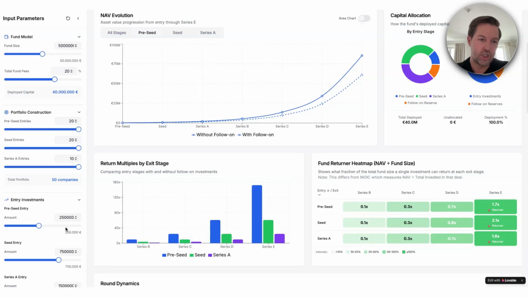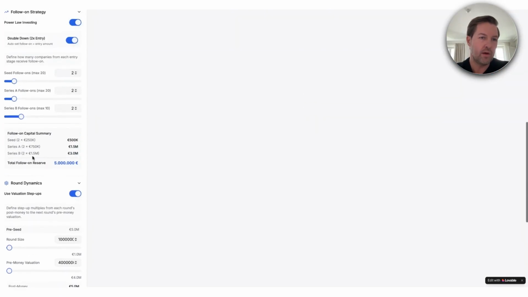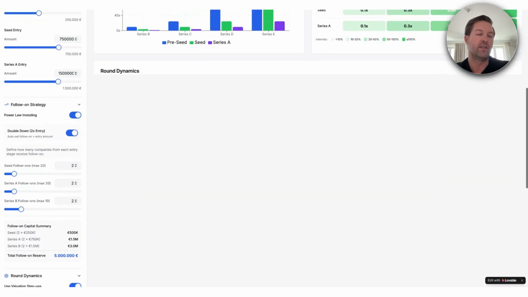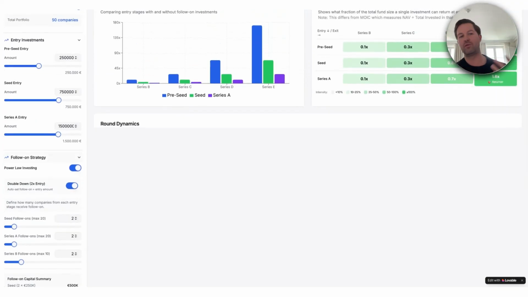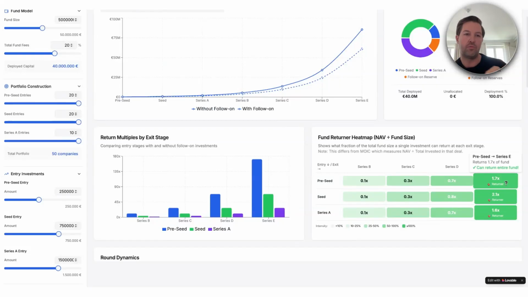Just by changing the assumption here that the step-ups between my rounds are bigger. You will see this on a singular basis: you do a 5 million pre-seed investment, or like 5 million pre-money valuation pre-seed investment, and then you jump to 15 or 20 million in the seed round. And this makes a massive impact, obviously, as the step-ups thereafter grow. A small change in my assumptions led to a delta of almost like I can create more than 1x of